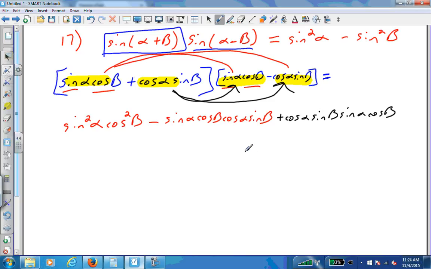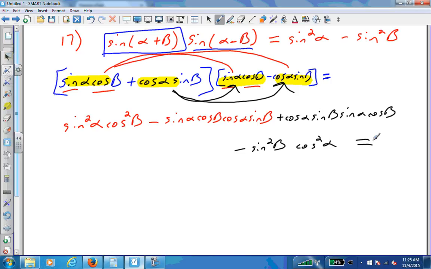Positive times negative is negative. This time we do have a cosine alpha times cosine alpha, so that's cosine squared alpha. Sine beta times sine beta, that's sine squared beta. So that's fun to multiply out, or not. But we completely distributed all of those